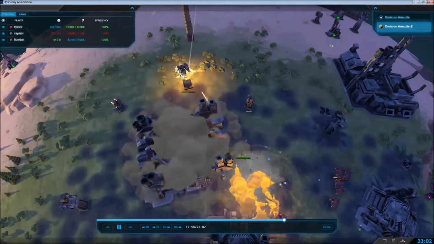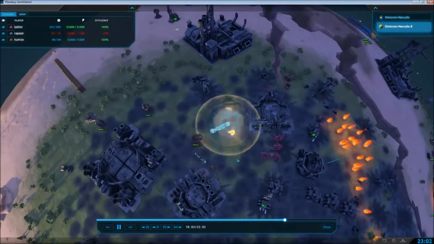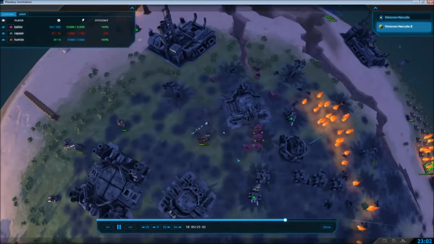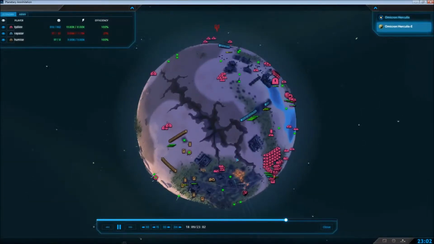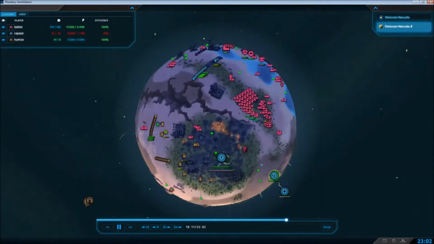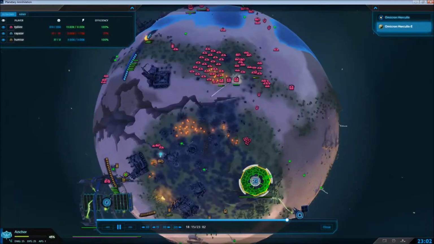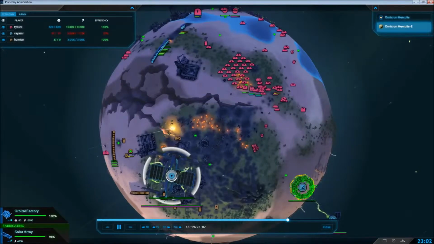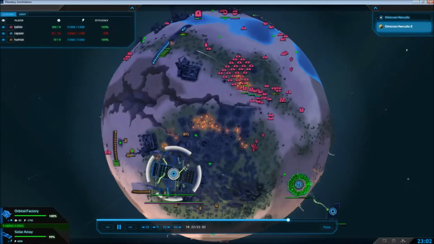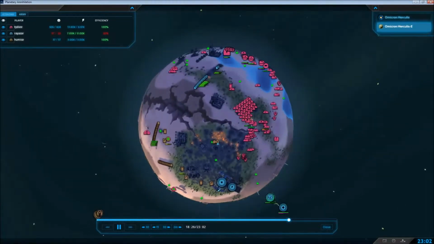Advanced factory, however, finally gets destroyed. 1 Vanguard out. It will not be enough to save the day. Vanguard comes forwards, demolishes more enemy units. And that anchor is about 45% of the way complete. Energy is just about to be solved for light blue with a solar array. Solar array comes out